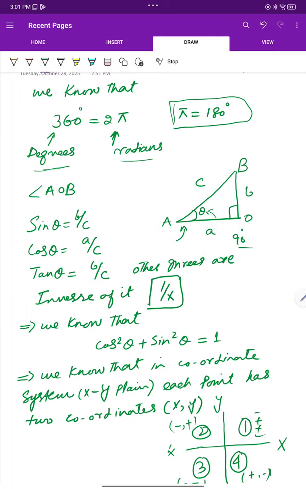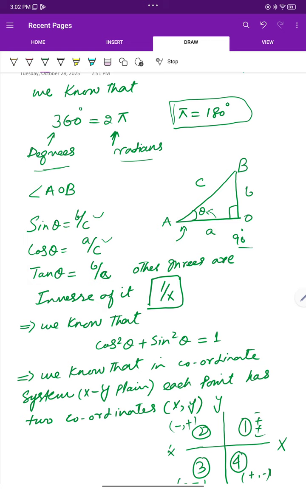Cos theta is A by C, base by hypotenuse, and tangent theta is equal to perpendicular divided by base, B by A. So all the remaining other three are the inverses, like secant and cotangent, and these three other ratios are the inverse of these